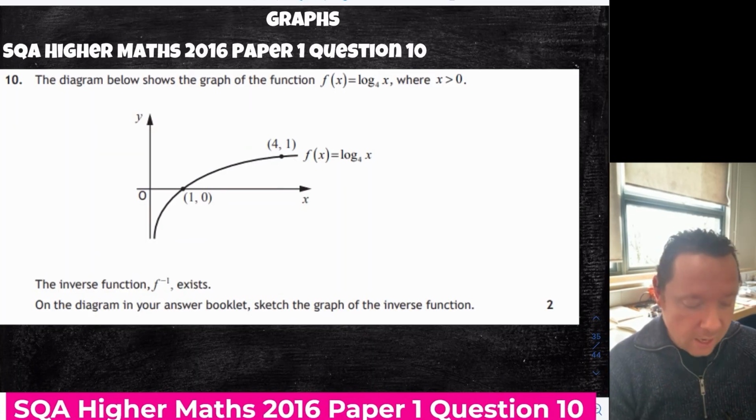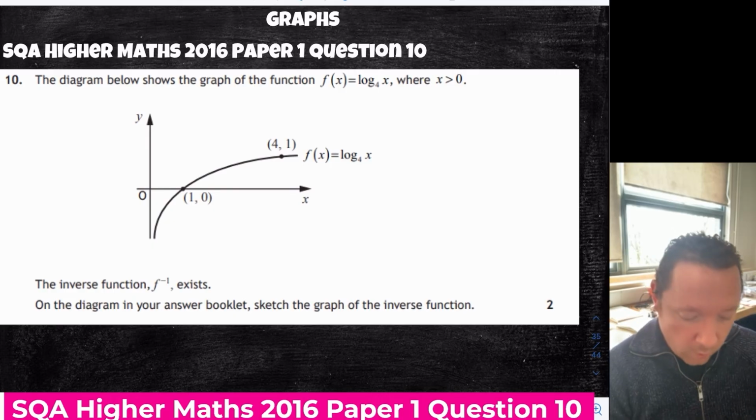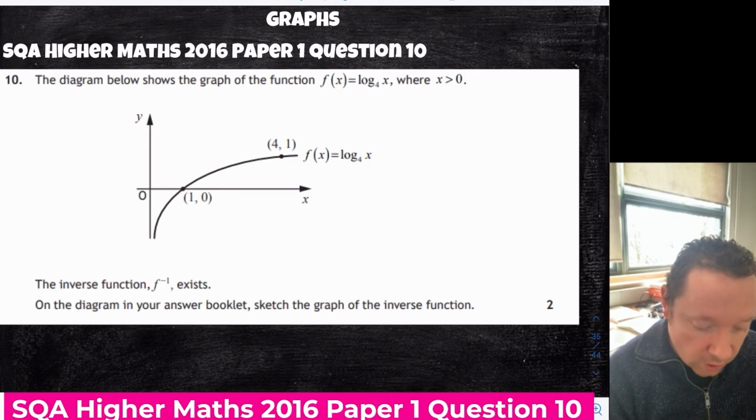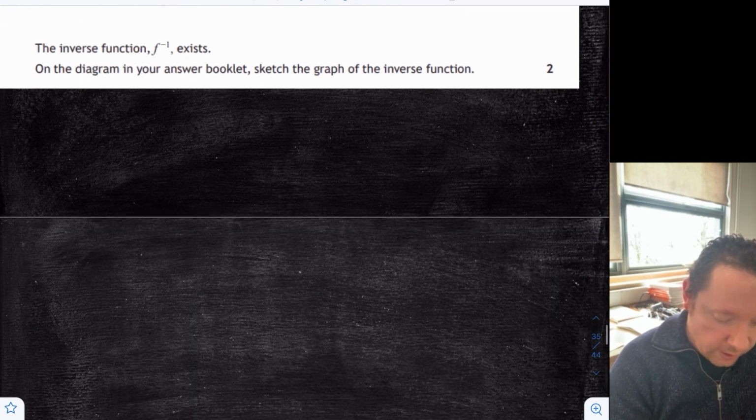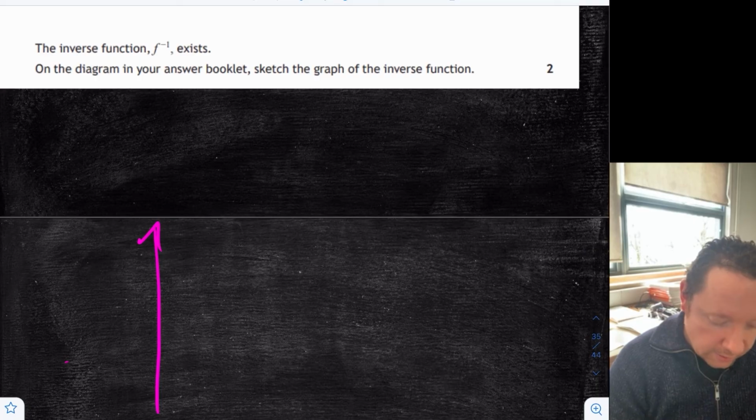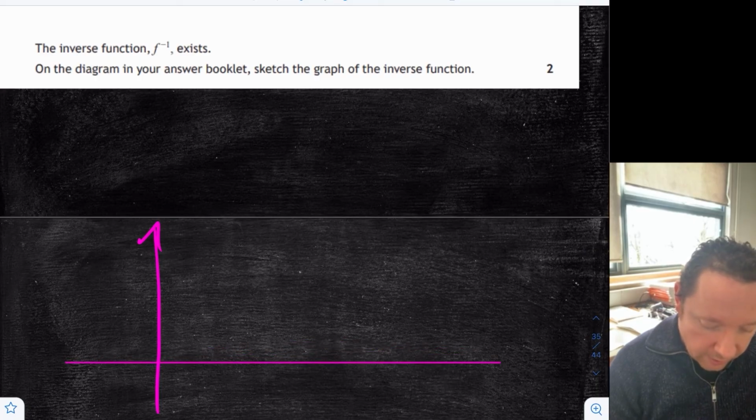Okay, logarithmic graphs, SQA Higher Maths 2016, paper 1, question 10. The diagram below shows the graph of the function log base 4 of x. The inverse function exists. On the diagram in your answer book, sketch the graph of the inverse function. Okay, I'll just draw you a quick sketch of this. So you've got your y-axis, you've got your x-axis,